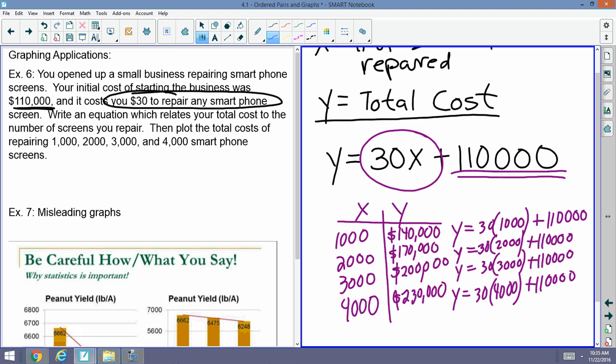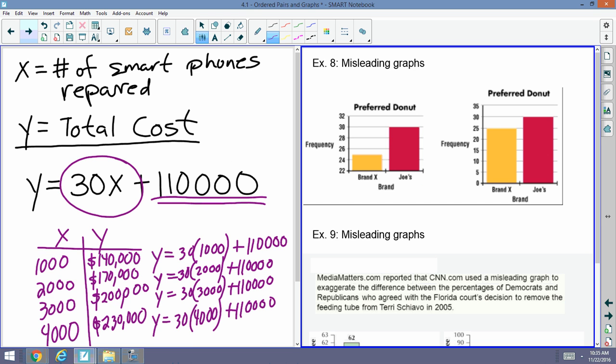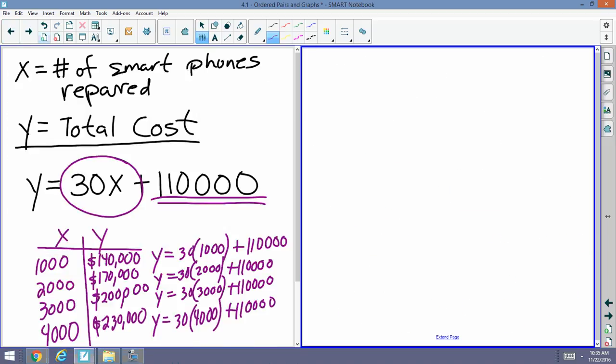Okay. Now, how do you graph this? This is where the magic of knowing really how to make graphs comes into play. First of all, the X here is going by thousands, and the Y's here are in the hundreds of thousands, correct? We're not going to make intervals of 1, are we? That makes no sense. Now, what are my intervals going to be? This is where you have to use a little bit of logic. When you're doing the intervals,